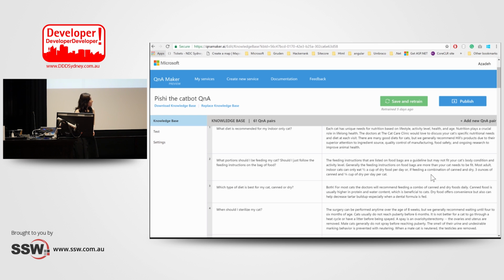Also, it provides a very nice GUI, so after extracting the question and answer pairs, you can add extra questions that you want, or you can add utterances to the questions. For example, you can say, if the user asks this question or that, they're all the same question, and return that response. Another cool thing about QnA Maker is that it has active learning, and you can train it. It has a built-in chatbot that connects to your knowledge base, and when you ask a question, it returns the best match. If it's not sure, it returns the top 3 questions and answers, and you can select one and train it.